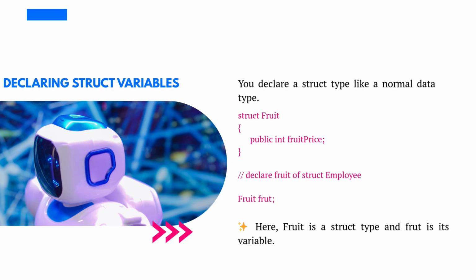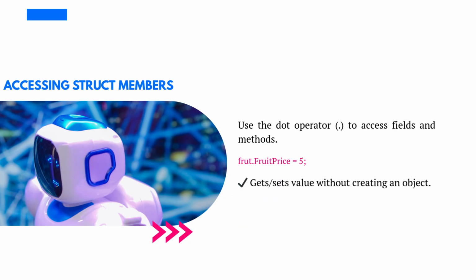Here, in the given example of declaring a struct fruit, in the above code, we have created a struct named fruit. Here, we have declared a variable fruit of the struct fruit. Here, in the given example of accessing a member of struct, fruit.price = 5, this accesses the fruit price field